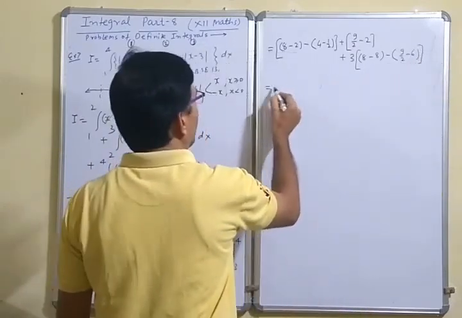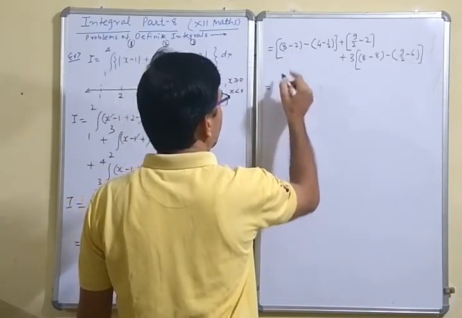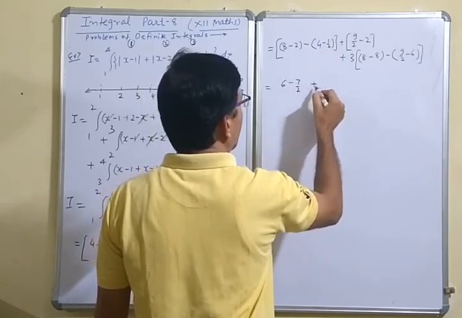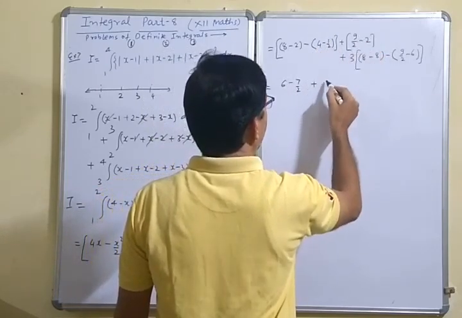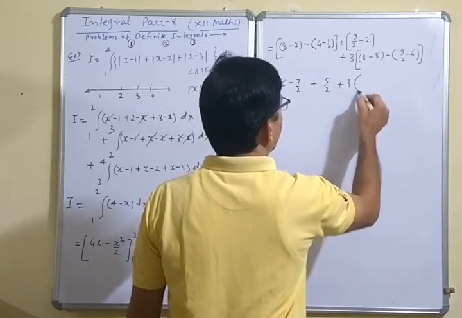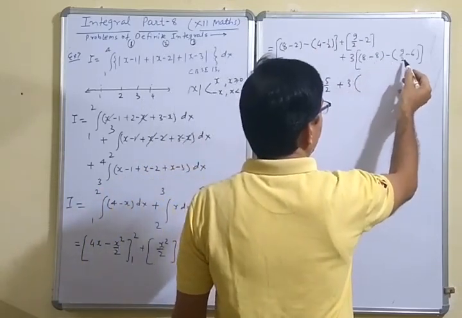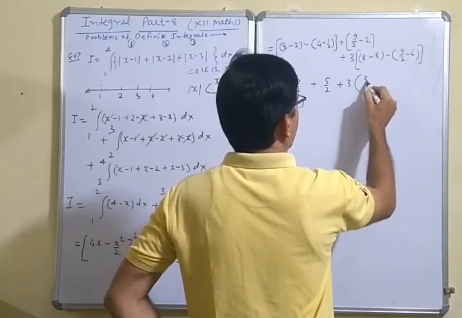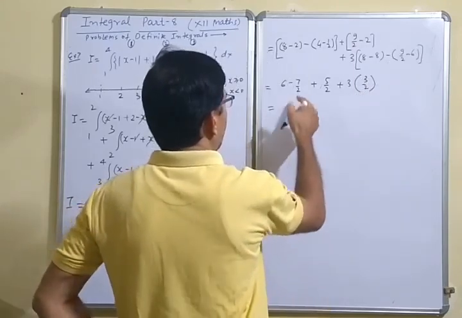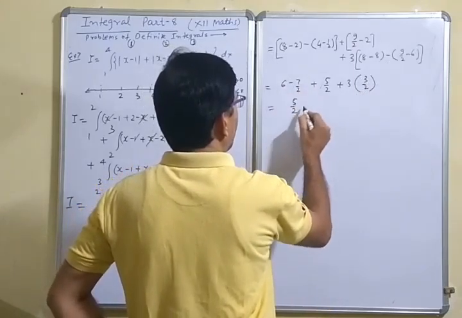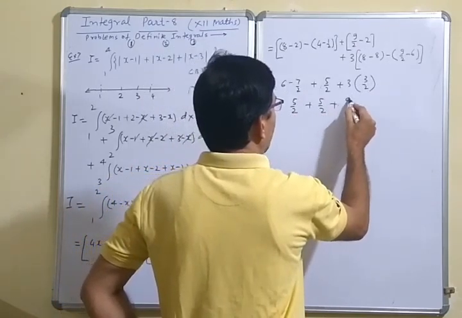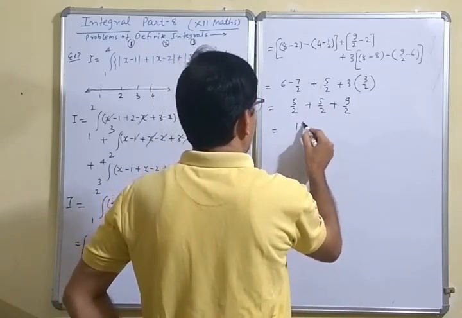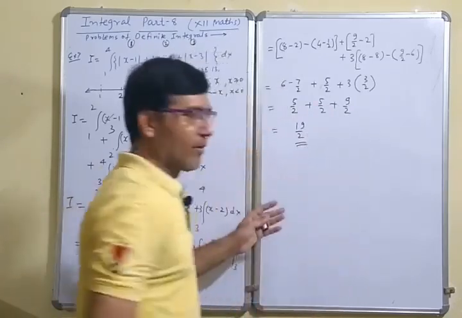Now simplify it. So 8 minus 2 is 6, 6 minus 4 plus 1 by 2 is 7 by 2. Then 7 by 2 plus 5 by 2, plus 3 times (8 minus 8), which is 0. So 9 by 2 minus 6, 2 sixes are 12, 9 minus 12 is minus 3 by 2, minus minus plus 3 by 2. So what does it become? 2 sixes are 12 minus 7, 5 by 2 plus 5 by 2 plus 9 by 2, the denominator is the same, 5 plus 5 is 10, 10 plus 9, 19 by 2. So this is the required solution.